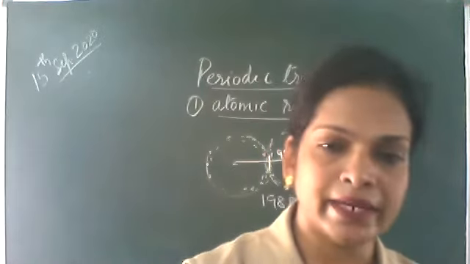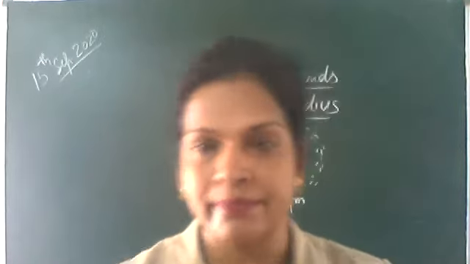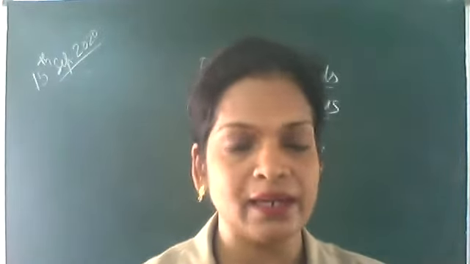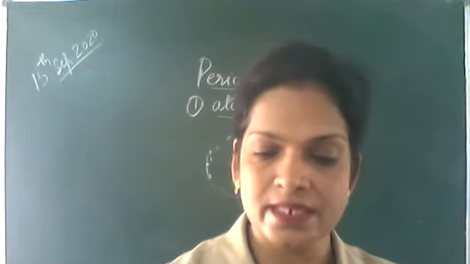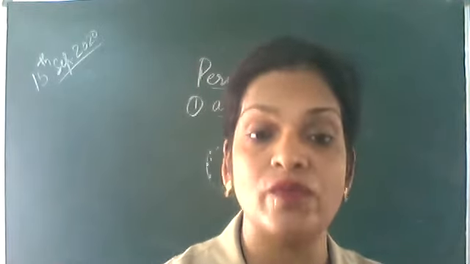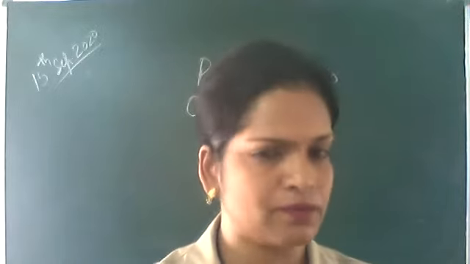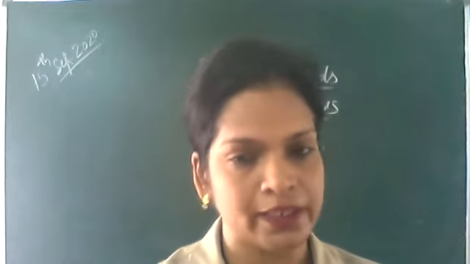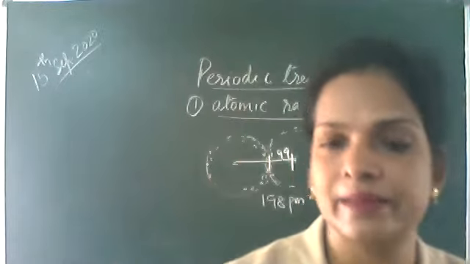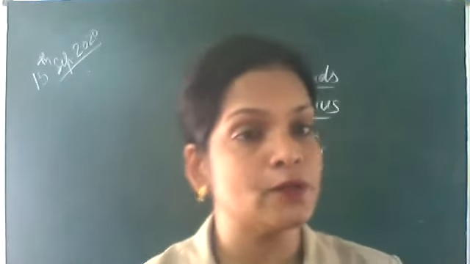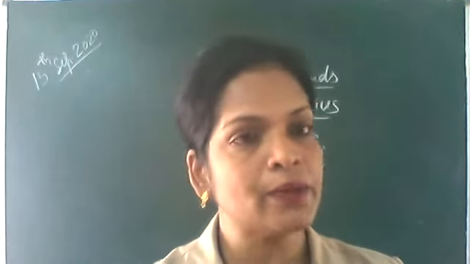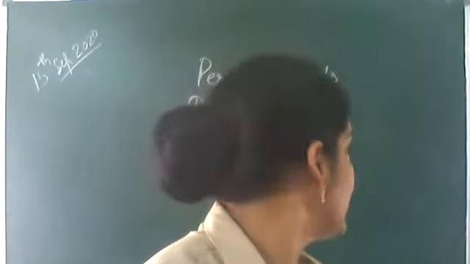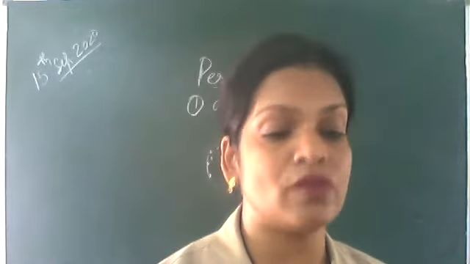Atomic radius can be covalent radius, metallic radius, or van der Waals radius. Whatever it is, generally we call it atomic radius. So this atomic radius is in the form of covalent radius. For that we are seeing a covalent bond, that is Cl2. You cannot get Cl atoms when you buy from the market. You will be getting Cl2. So take the internuclear distance, that is 198 picometer. Half is 99 picometer. So that is covalent radius.